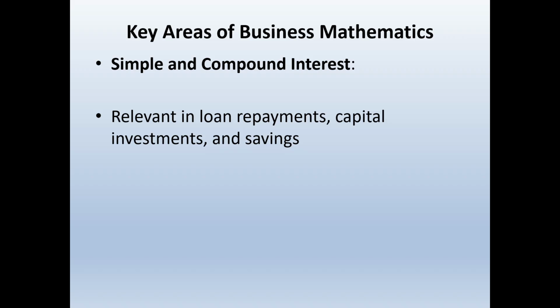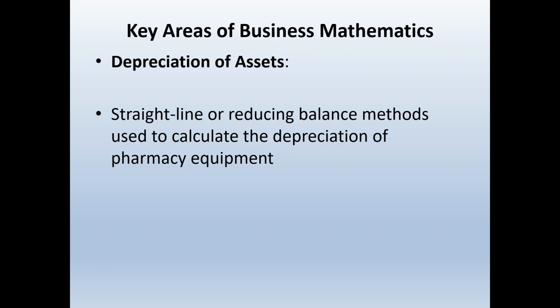Another area is the depreciation of assets. This involves the straight line or reducing balance method used to calculate the depreciation of pharmacy equipment. Just like the title implies, when you have equipment that you're using, over time, those equipments will begin to depreciate. So what do you do? Do you sell them off and replace? Do you keep using them until they die completely? When you apply the principle of depreciation of assets,